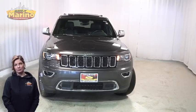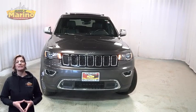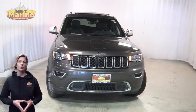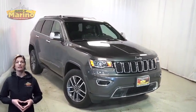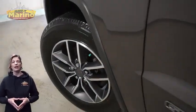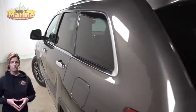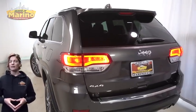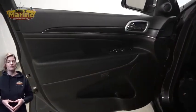Looking for a highly equipped SUV with all the right options and reliability? We'll take a look at this certified pre-owned 2020 Jeep Grand Cherokee Limited in granite crystal metallic. With halogen quad headlamps, premium fog lamps, 18-inch aluminum wheels, power heated mirrors, blind spot and cross path detection, LED